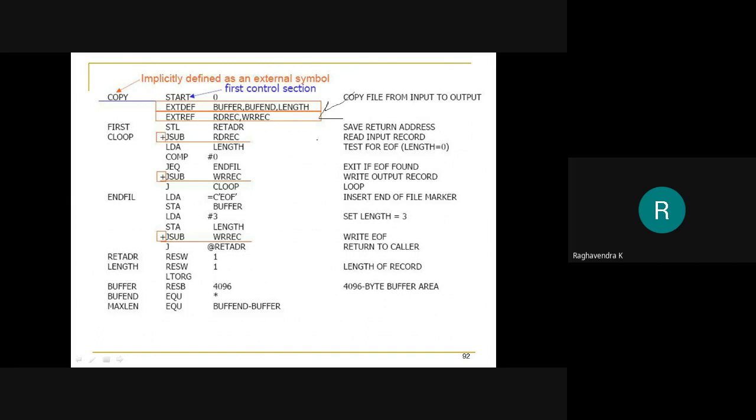These things are required both for the assembler as well as the loader. Because now the assembler's task is actually reduced, in the sense its task is no longer restricted to only the assembly process. It also has to serve some information to the loader so that the loader loads the program properly with the information given by the assembler.